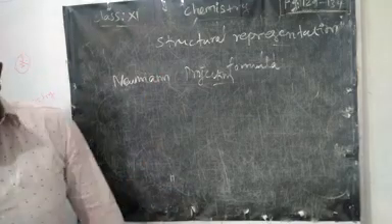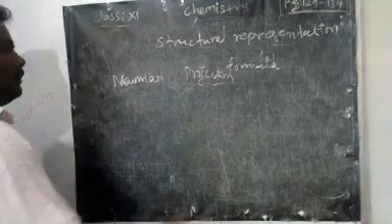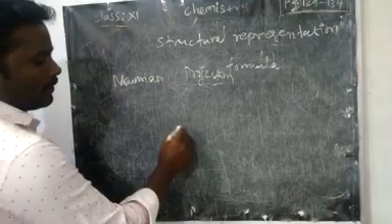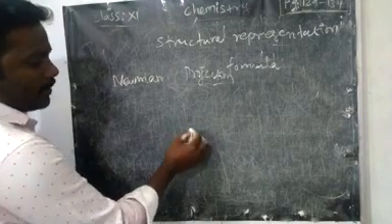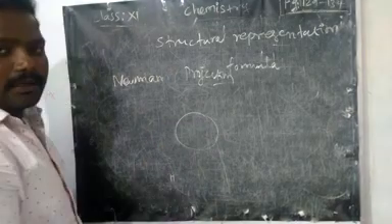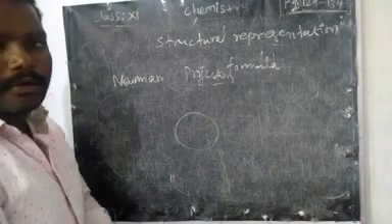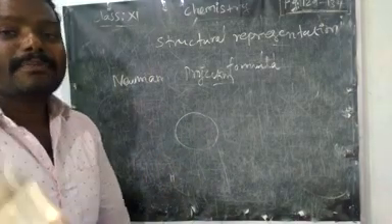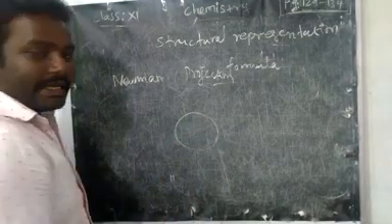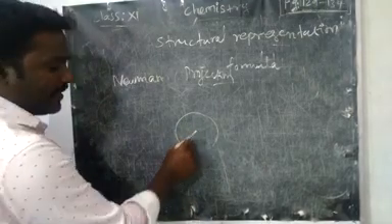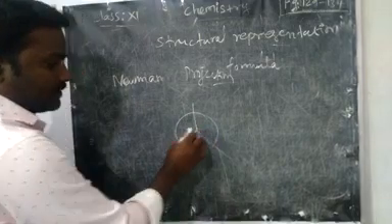See the Newman projection formula, right? We will represent with a circle the front carbon and back carbon. The front carbon is represented with a circle; for the back carbon, we can consider the back side of the circle. In the front carbon, if any atom is connected, we can write it like this.